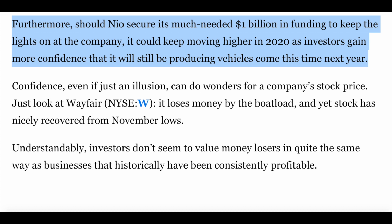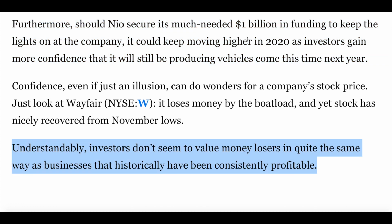We're going to talk about that $1 billion in funding, what kind of direction that's going in, what kind of direction I think that's going in as well. Now, understandably, I will put even myself in this category. I have a different category for all of my investments. I talk about that a lot in my course. Not every type of investment goes into the same category, okay? NIO is a